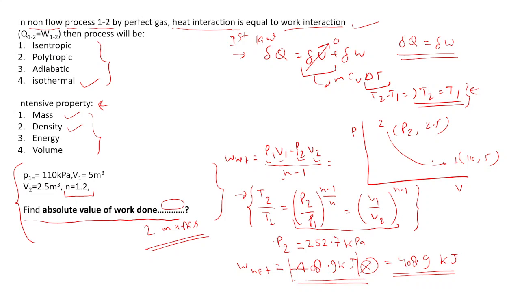Why was it taken as a closed system? In the question it is directly written closed system. Here I haven't typed everything, I just put the values, because my aim is to put more focus on the absolute value. Because it is a compression process, logically also it should be negative, since for compression you provide the work. So we are putting work on the system, but here you have to write the answer in magnitude only.